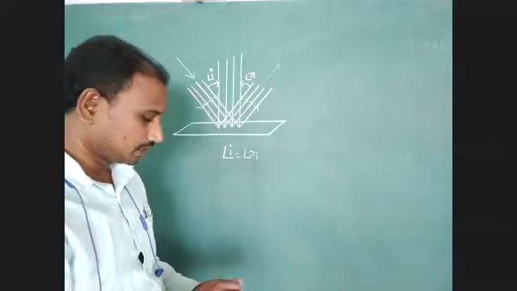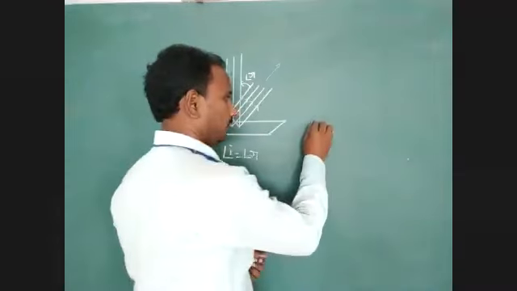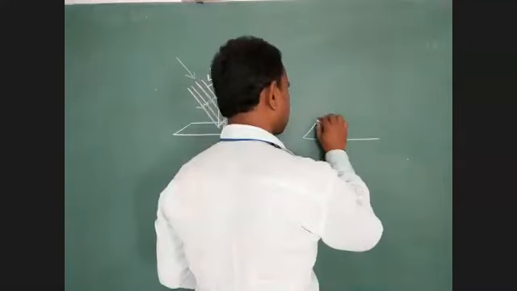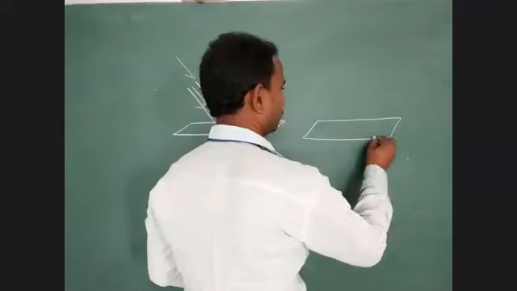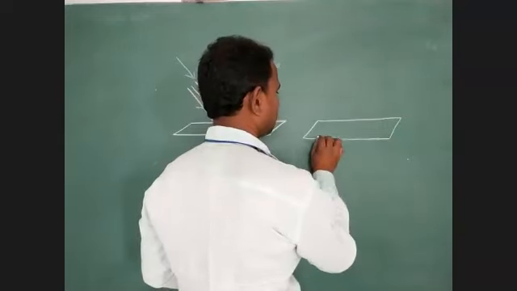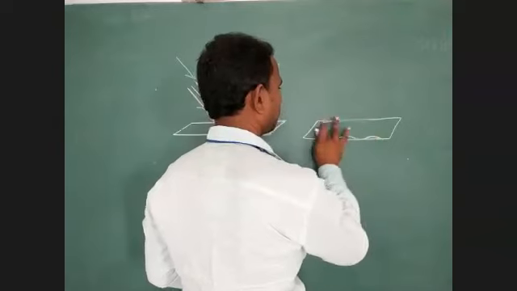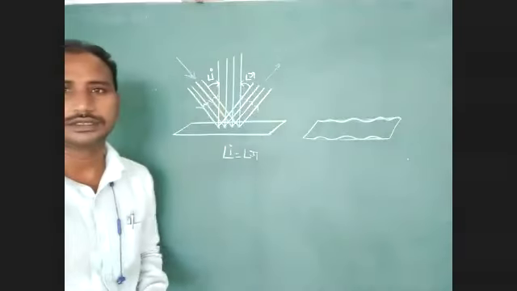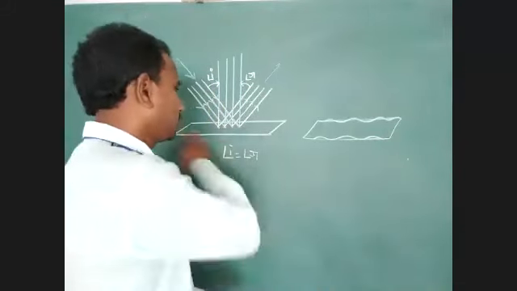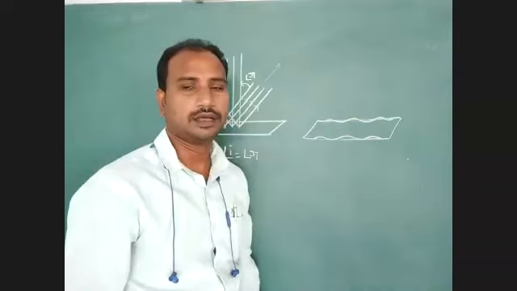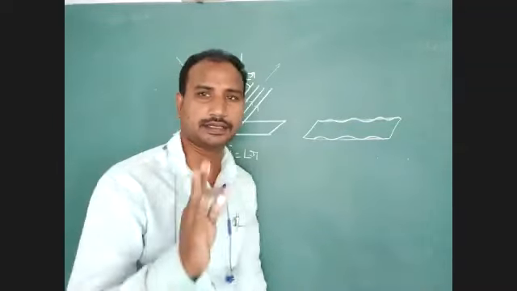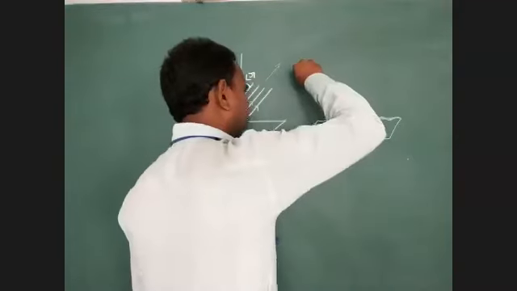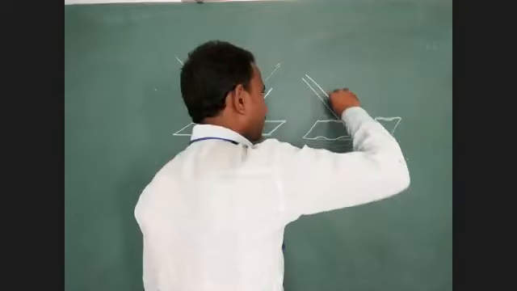But what is an irregular surface? We have to identify that it is also one surface only. Here we have to consider that the surface is an irregular polished surface. Now just identify this: it is a flat surface, an irregular polished surface. It can also act like a mirror. Now we have to consider the incident light rays.